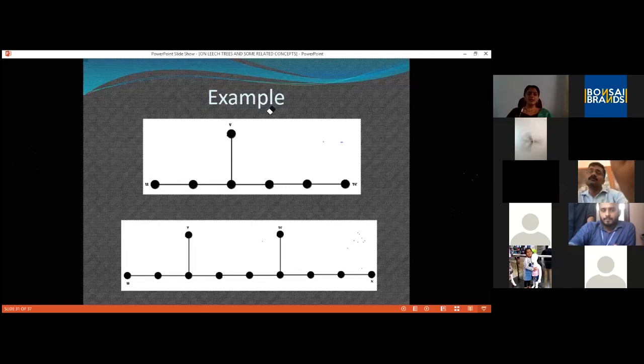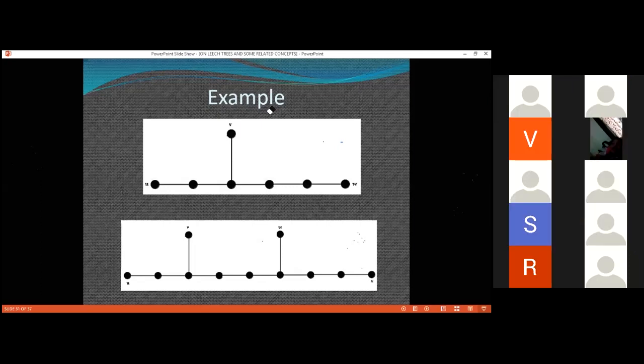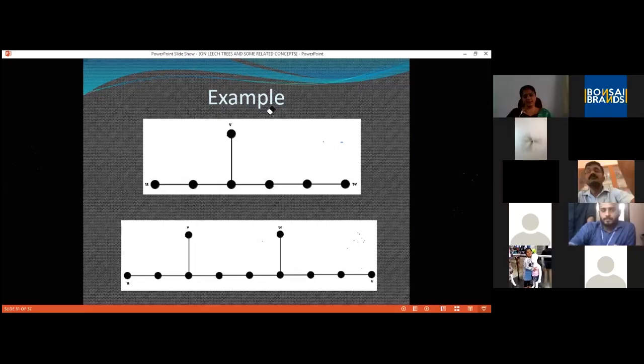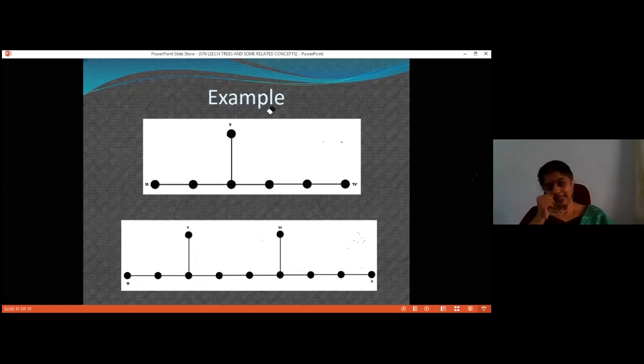And distance between U and W is 5. Here we are having 3 leaves, so n equal to 3. That is NC2 is 3, and NC2 plus 2 gives me 5. So the path weights need to be 3, 4, and 5, which exactly matches. So this is an example of a leaf Leech tree.